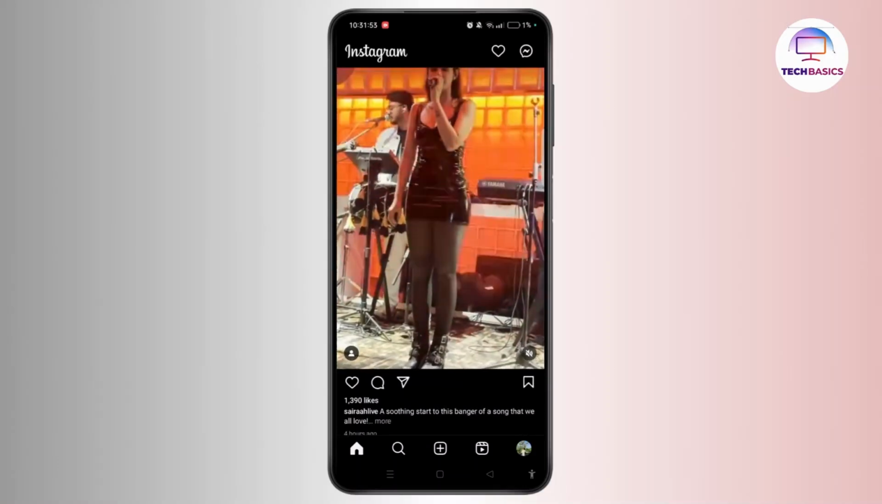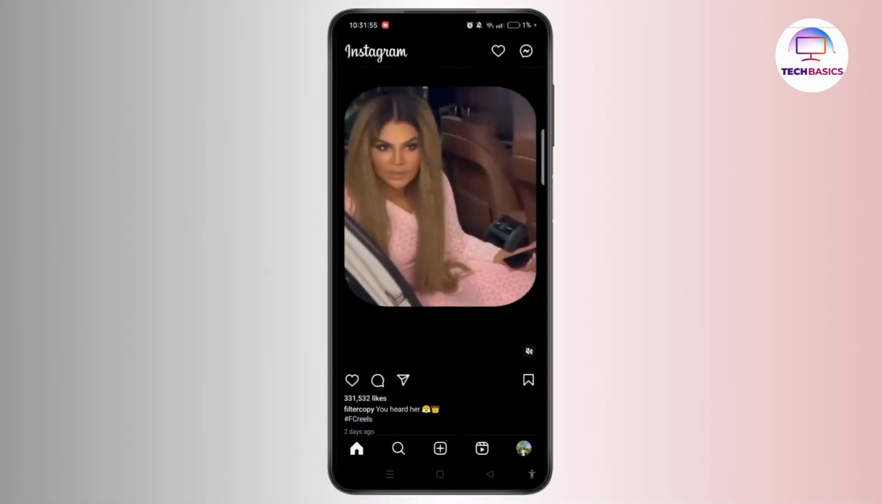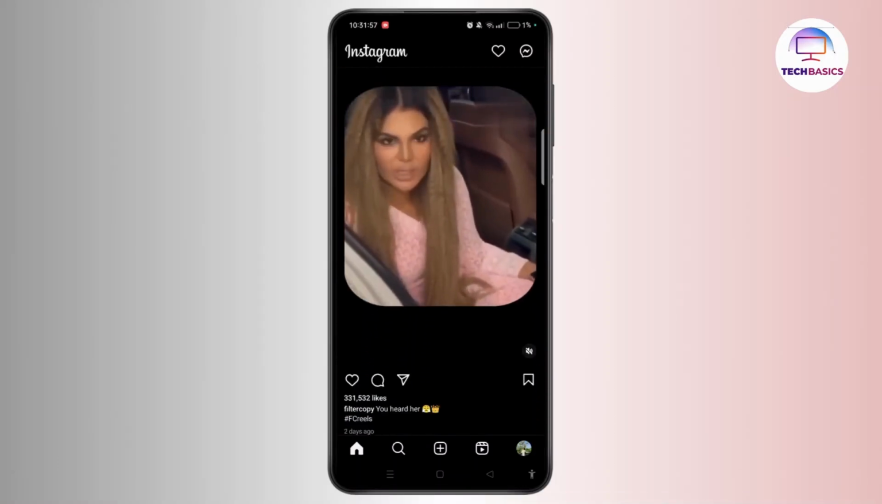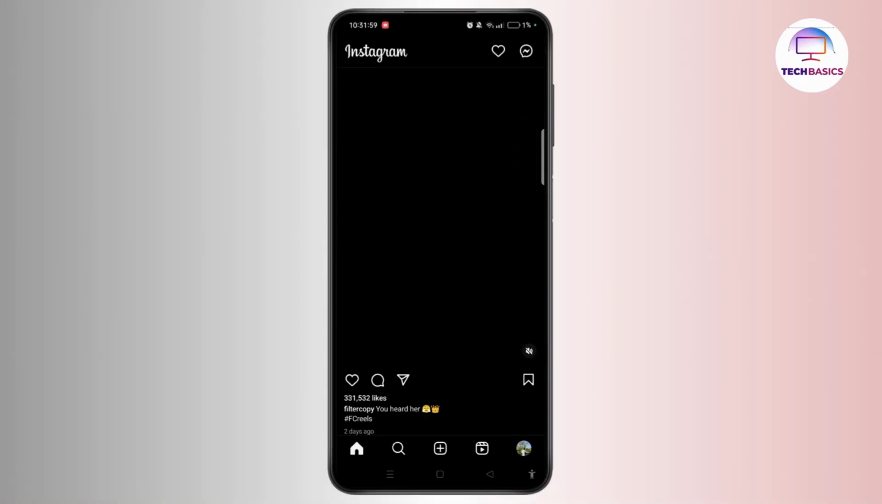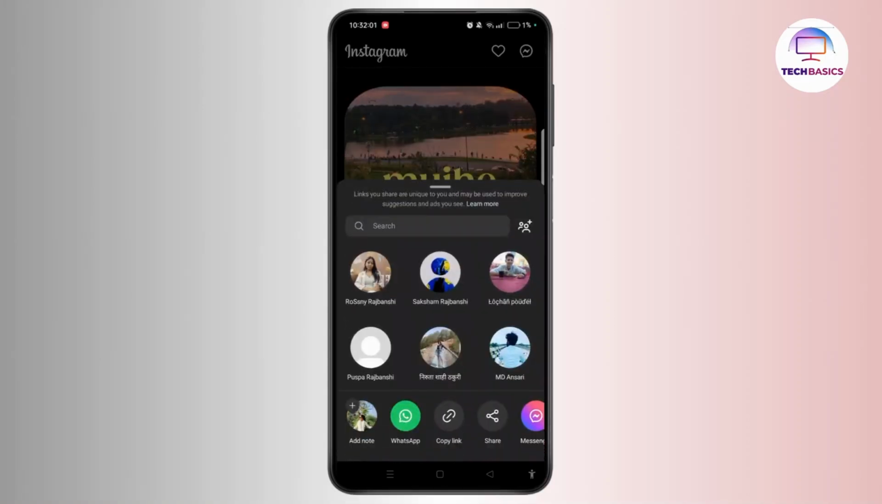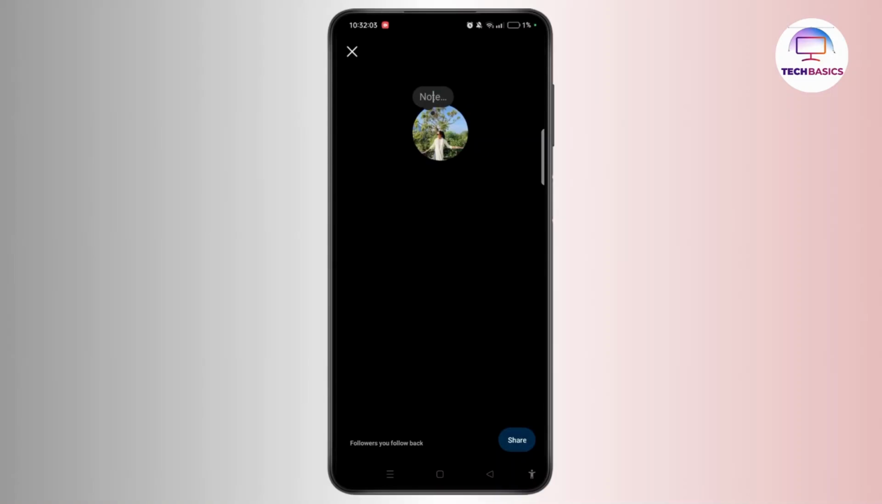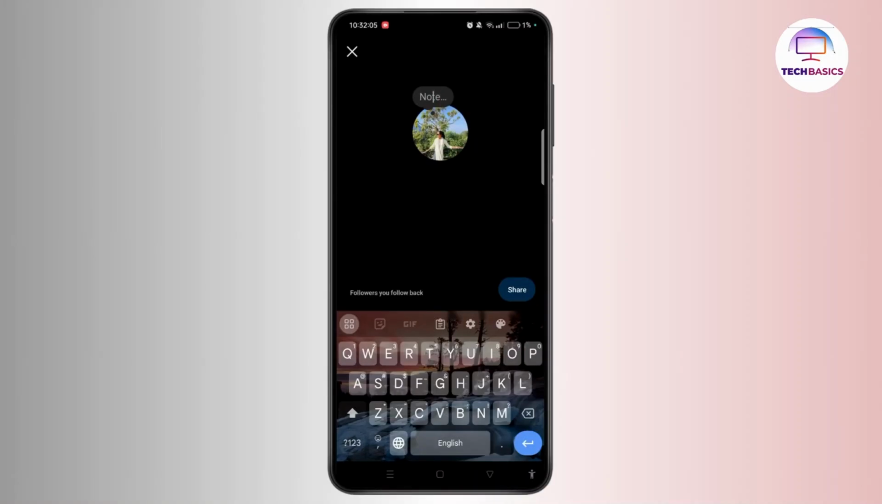And now you need to simply tap on the share icon at bottom right corner of this post or reel, and now tap on note button. And here you need to add a note,